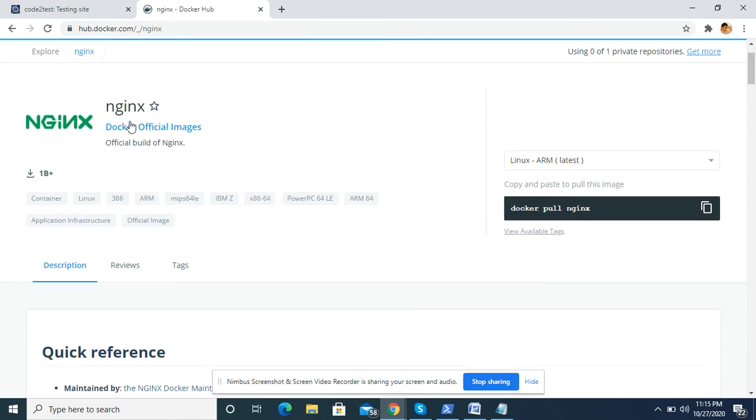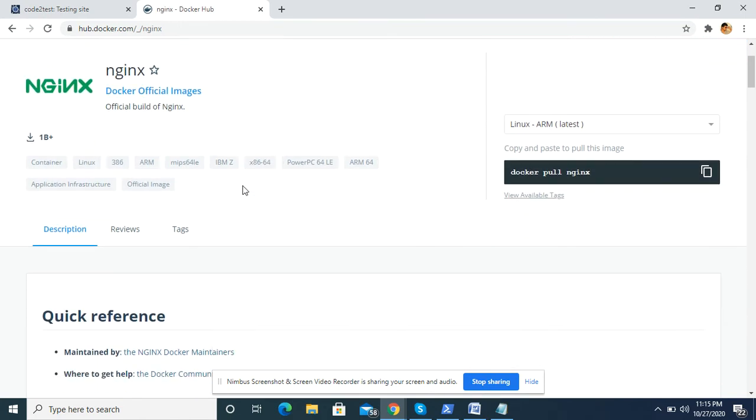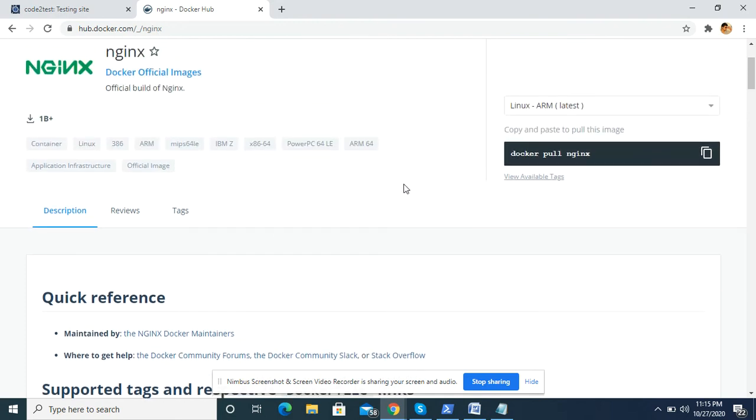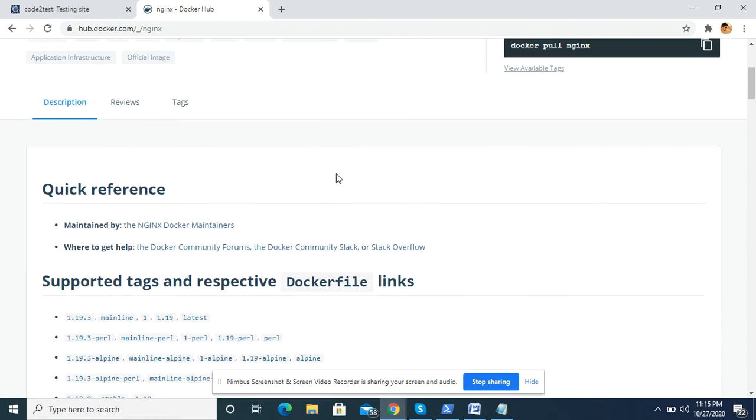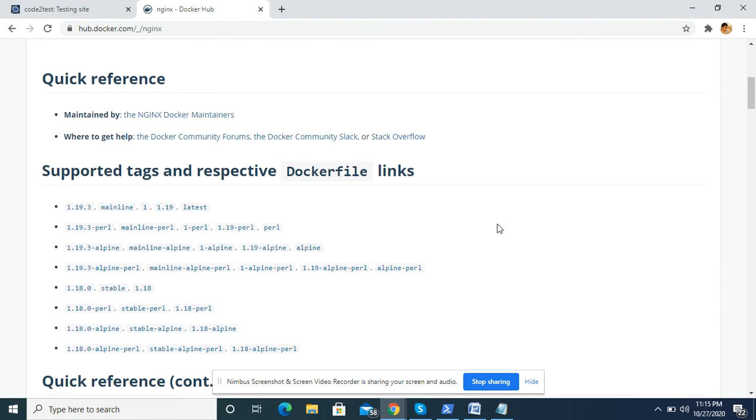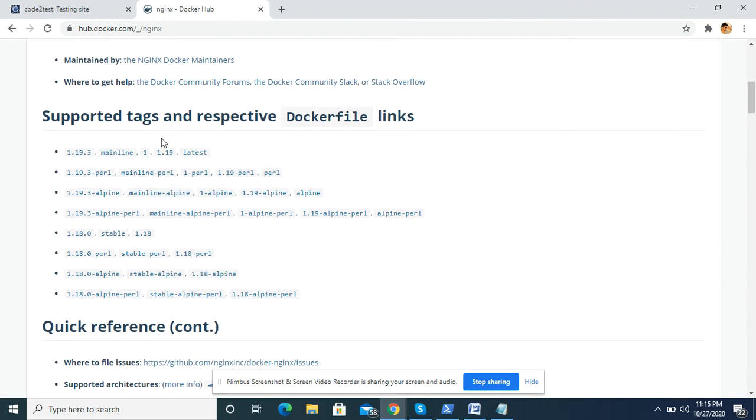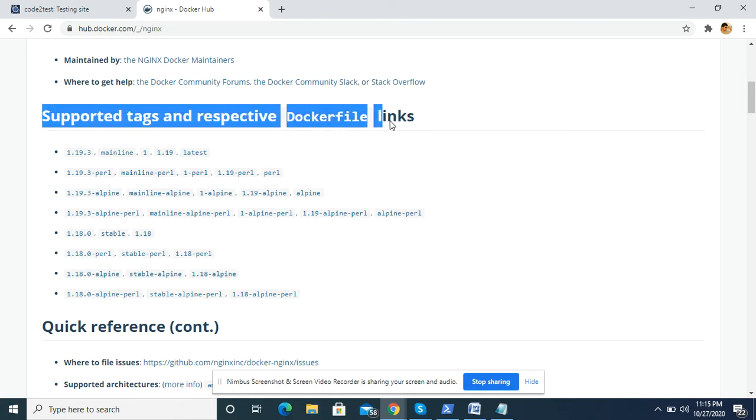Okay, as I clicked into Nginx, scroll it down. So you see that there is a command to pull this image. The command is docker pull nginx. With this command we can pull the Nginx image using a docker command. Over here you see supported tags and respective Dockerfile links. Here we see these are versions.